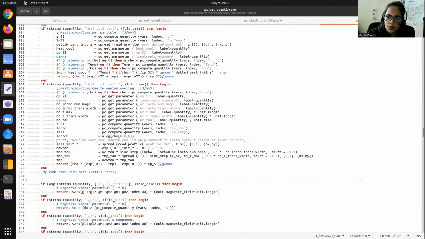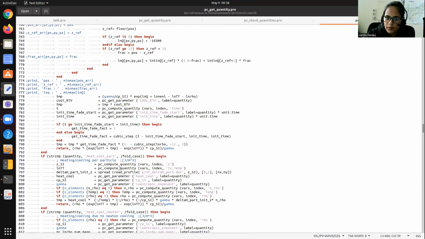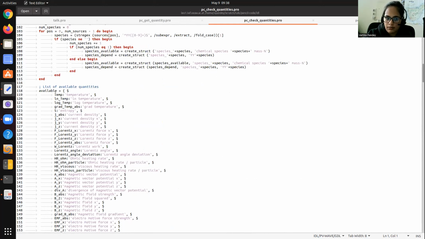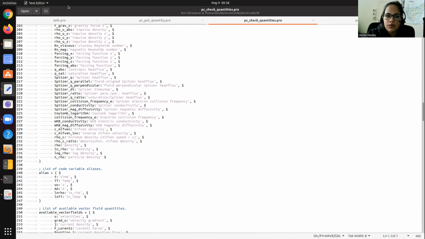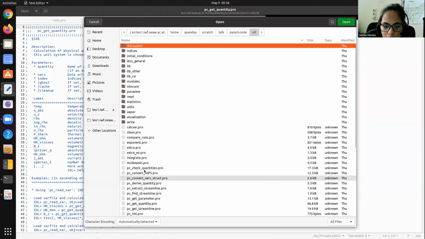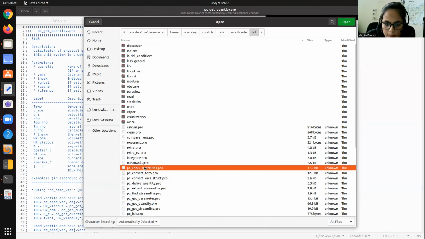So for adding it to PC GUI, you add the code here, then you add it to the list of available quantities here. For that I will also have to open that version, which is mine. Yeah. So